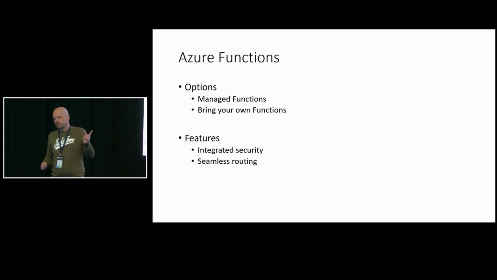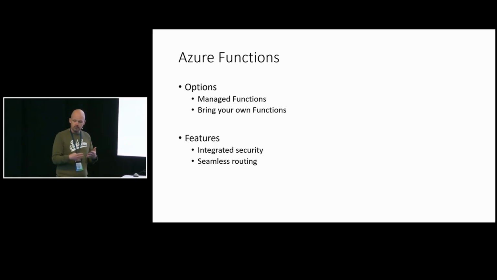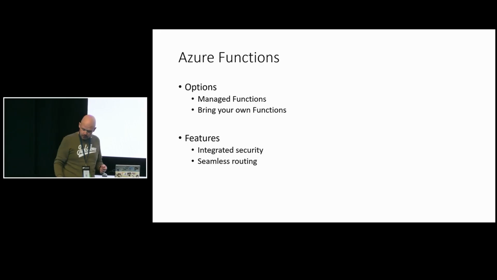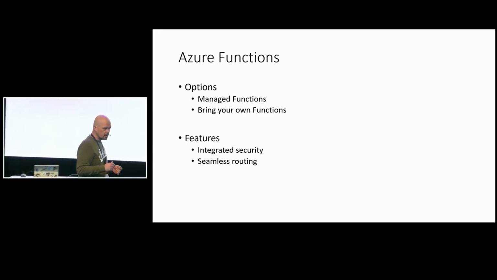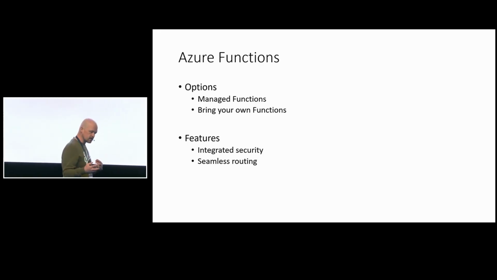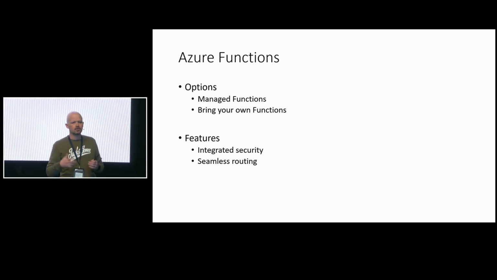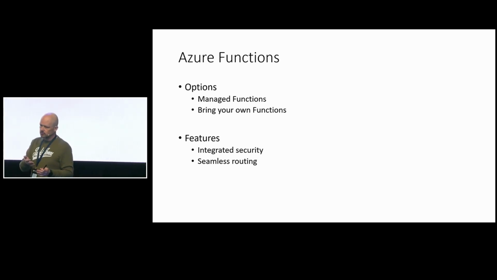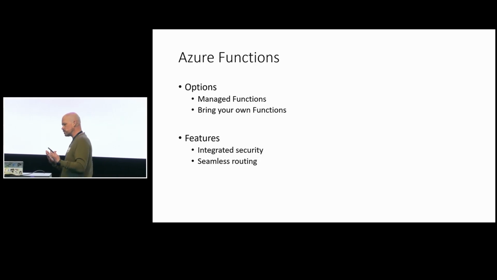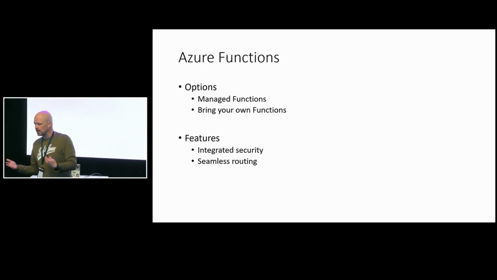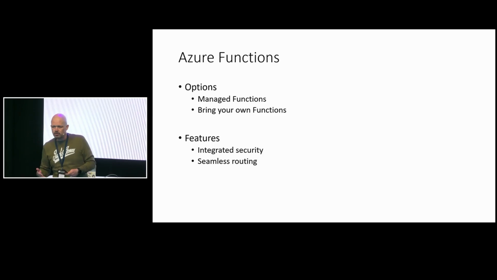And then the Azure Functions as the backend, which you don't necessarily need, but if you want them, you'll get them, are managed functions, or you can bring your own. And again, you have integrated security and seamless routing, which means if your API is connected to your static web app, the domain name of your web application /API automatically routes to the endpoint that implements your API, which means you can also have not only seamless routing because it's on the same domain, so CORS will not be an issue, but you can also say